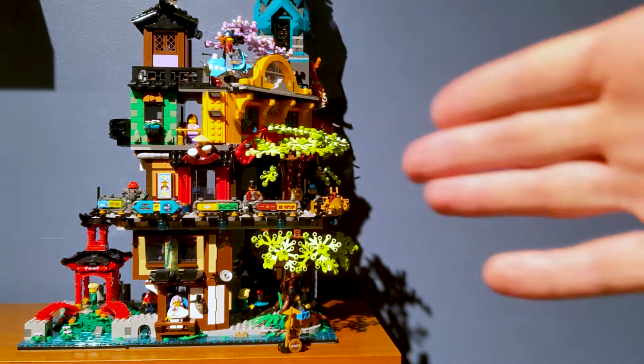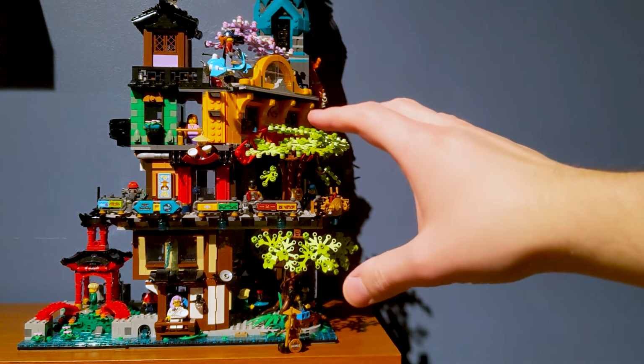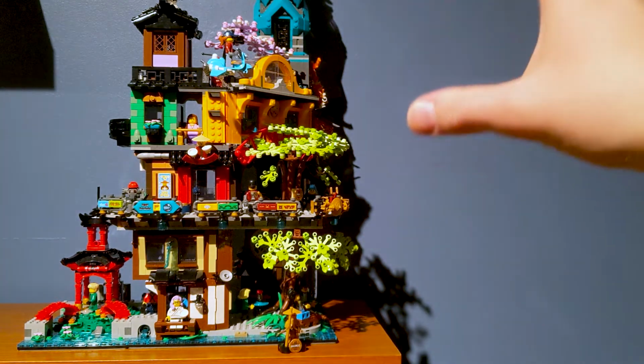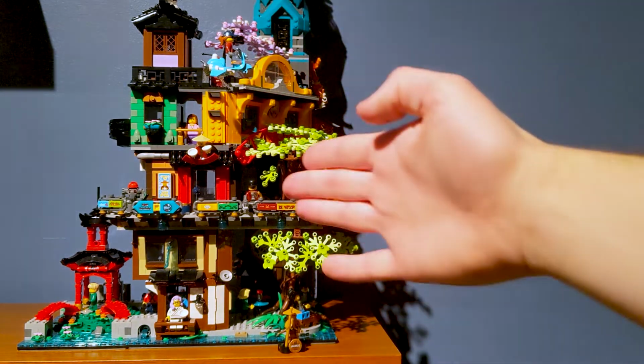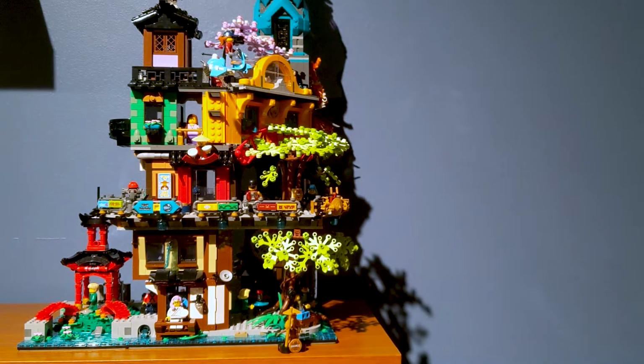Now, I do have some complaints about this, and most of that just comes down to the structure of it. So a place that this set excels at, where the Ninjago City Docks didn't, is this thing plays with angles like crazy. The whole museum is built on the 45, and I don't know, just all the buildings down here have like a weird wall, and there's just so much going on here that crazy angles, it looks so visually interesting. However, it makes the whole thing really kind of